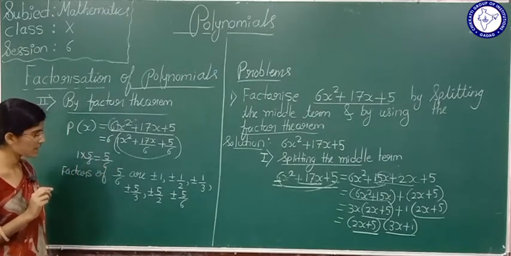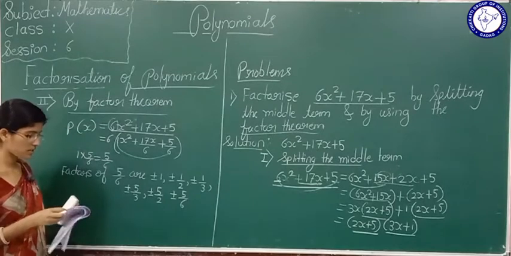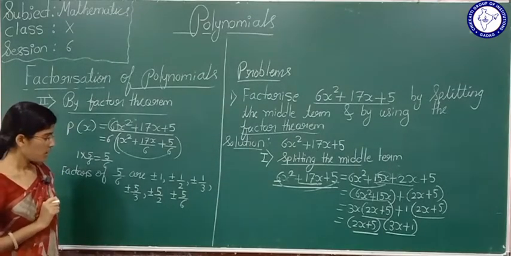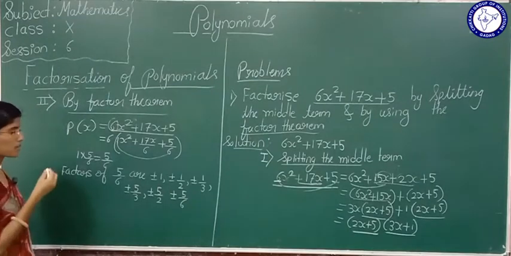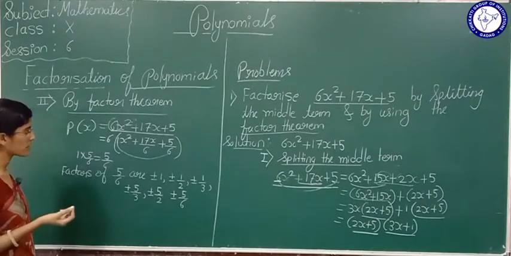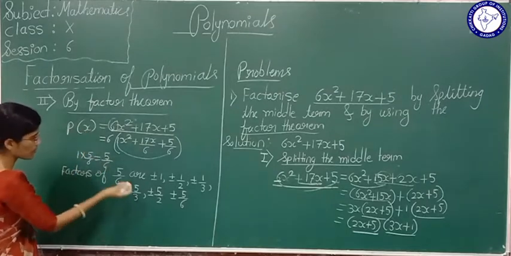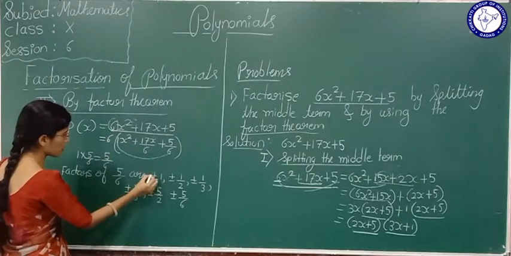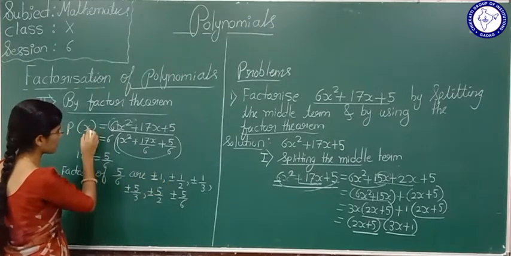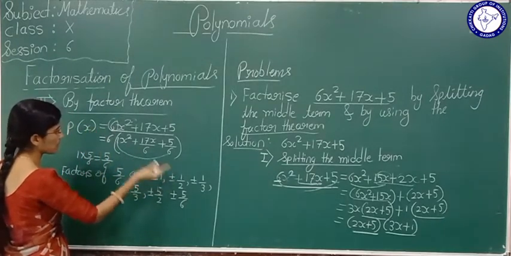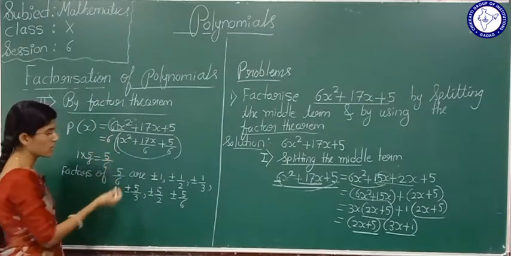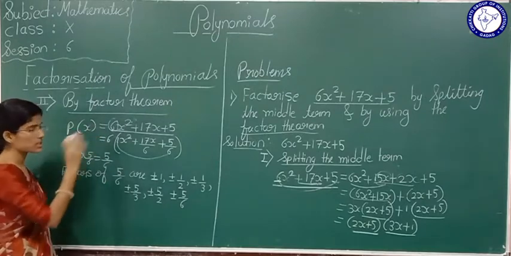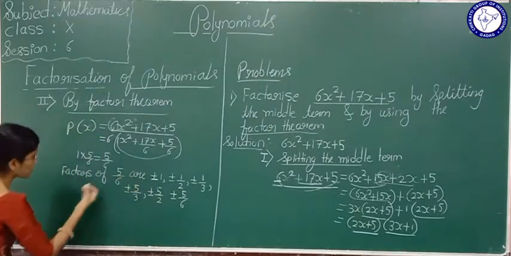Okay, this much are the factors of 5 by 6. Is there any other possible factor here? No. Okay, now see. What we will do is, by trial method, in this polynomial go on putting these factors. Okay, go on putting plus 1, minus 1, plus 1 by 2, minus 1 by 2. Say where it will come 0, those are the factors of this polynomial. See, first I will show you.